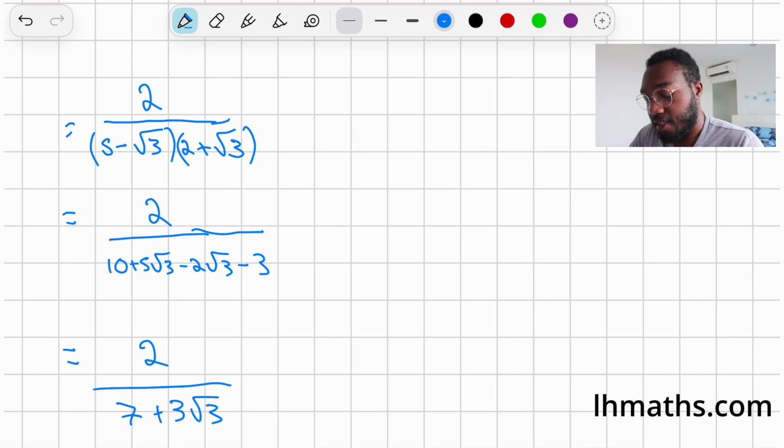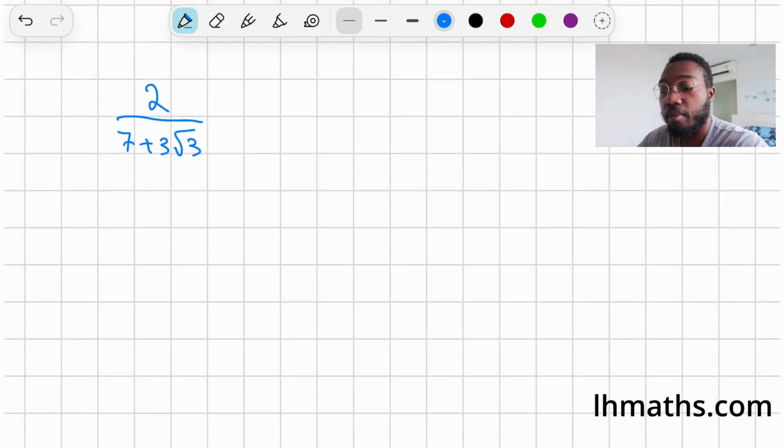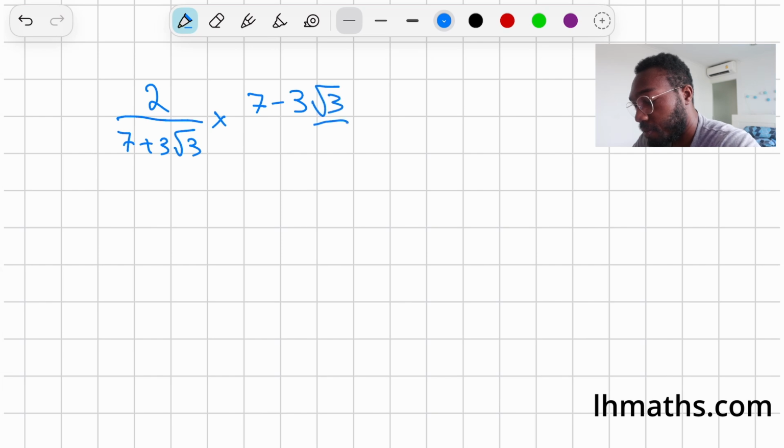Okay? And now we're at this stage. Now we can apply the tactics we've been using in previous questions to work this out. So if I just scroll up again. Okay, so now we have 2 over 7 plus 3 root 3. And we just do the same things we've been doing in previous questions. So we can multiply by 7 minus 3 root 3. So if we do that,